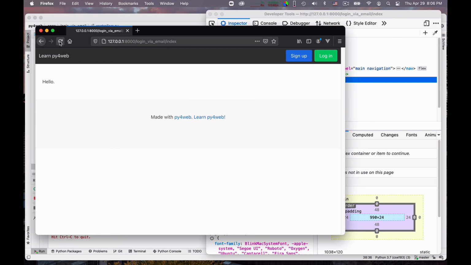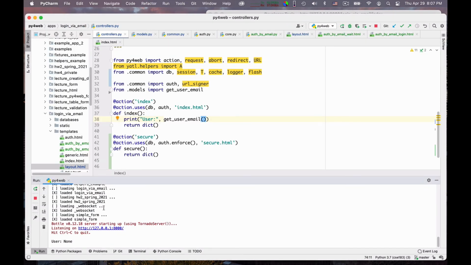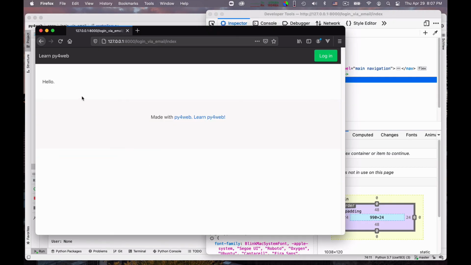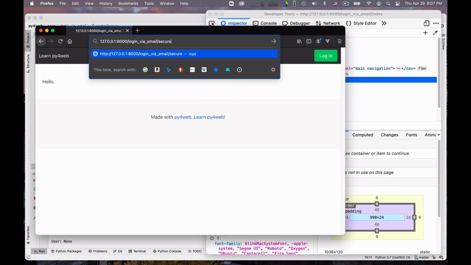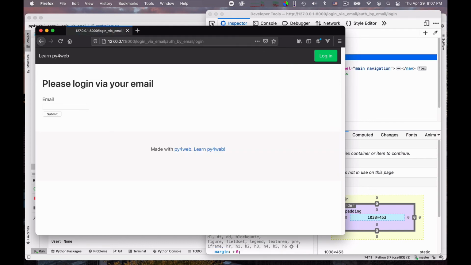So imagine I reload this page. What will happen? Wow, nothing blows up and says user none. This is amazing. There is a lot of code that works. Okay, now if I go to secure, the dance will start, because these should try to log me in. Okay, so this will blow up. Cringe. No, it doesn't. Wow.